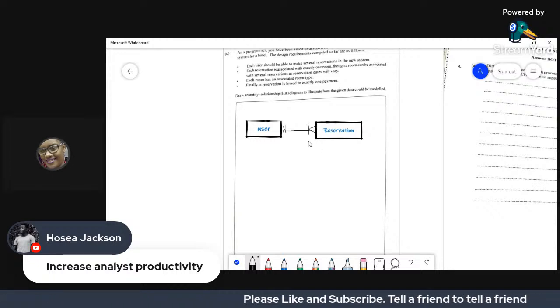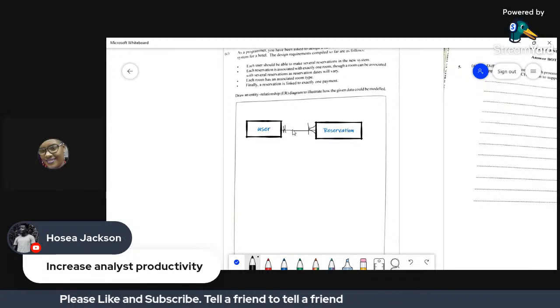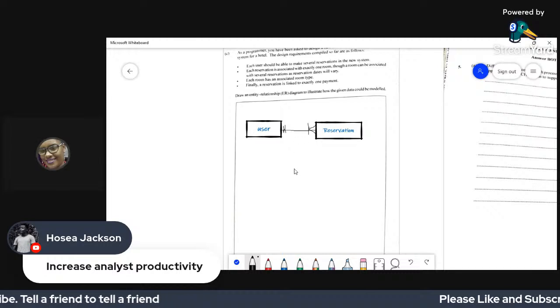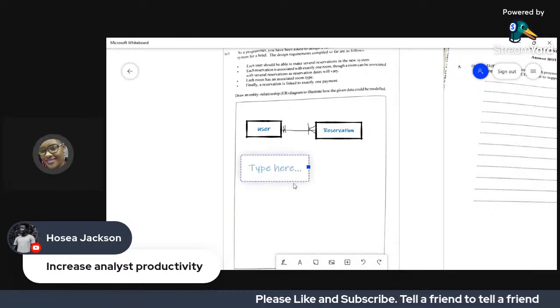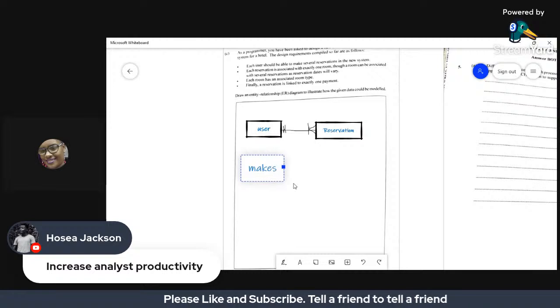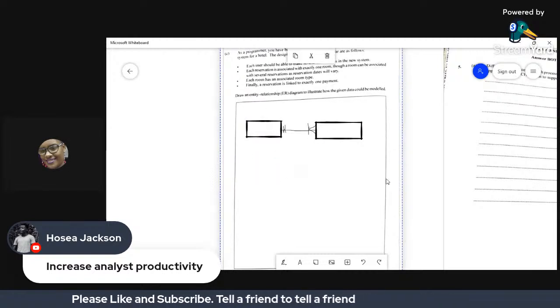On the line itself, we can draw a diamond, which signifies what is happening between them, and a mark is awarded for that as well. So: user makes reservation.